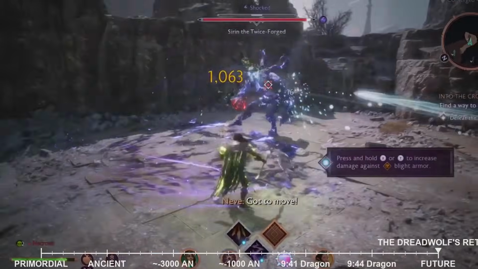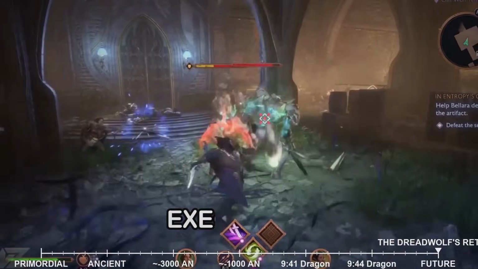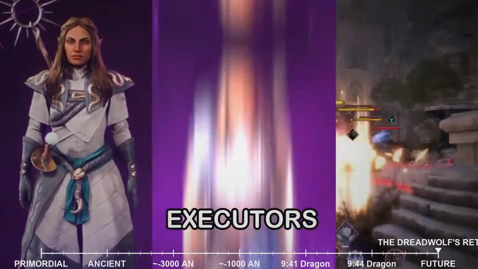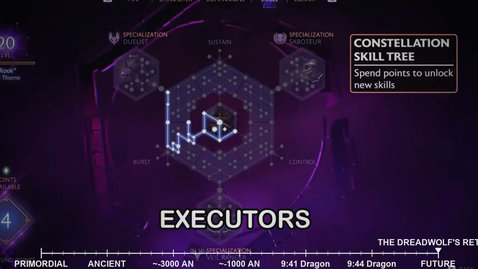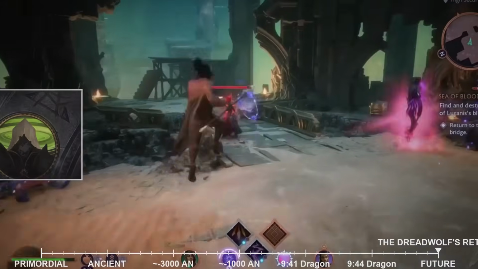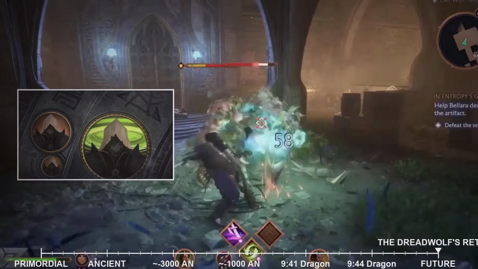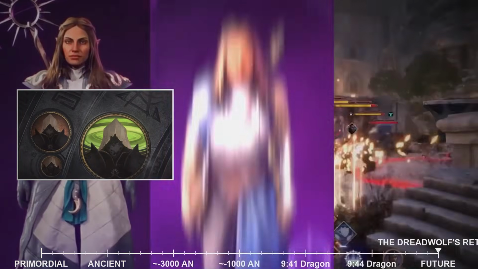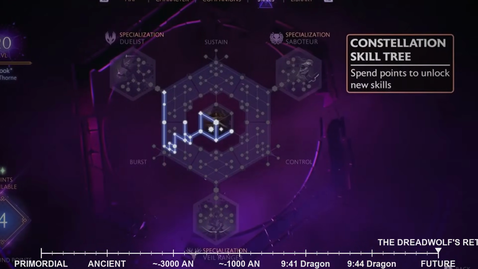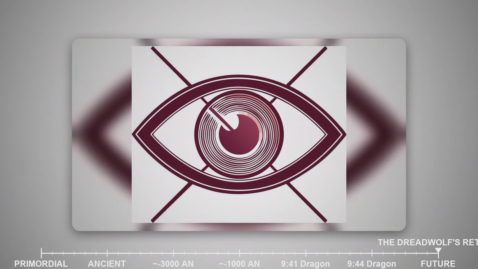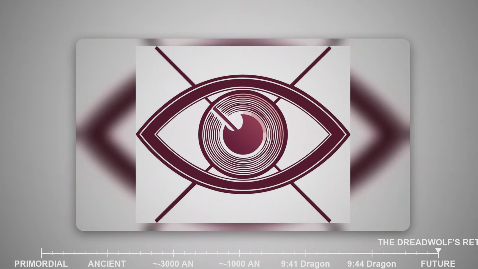Adding another layer of mystery and potential danger, the Executors, a shadowy organization first hinted at in Dragon Age: Inquisition, are likely to emerge from the background and play a significant role. Their true motivations and origins remain largely unknown, but they possess immense resources and influence, operating across national borders and seemingly above the petty squabbles of empires. Their symbol, a stylized eye, has been seen in various locations, hinting at their pervasive reach.